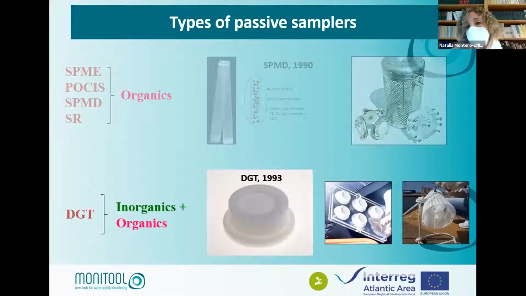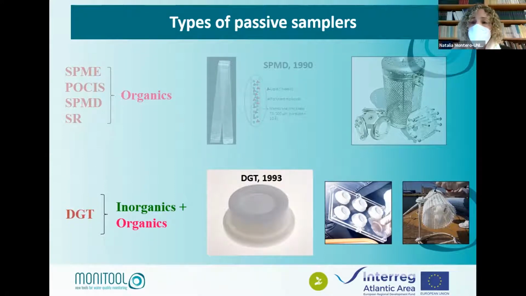However, as the MONITOOL project is focusing on the use of DGTs, I will talk more in detail about this kind of passive sampler. DGTs stand for diffusive gradients in thin films, and at the beginning they were developed for nutrients and metals, but in the last years they have also developed new resins that could also measure polar organic compounds. Here on your right, you can see the deployment we performed in the framework of the MONITOOL project, where